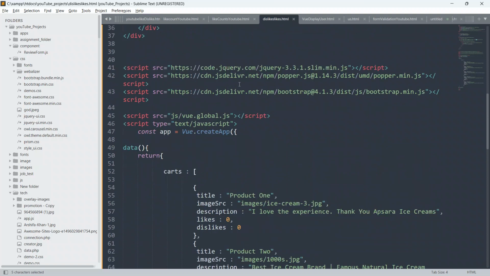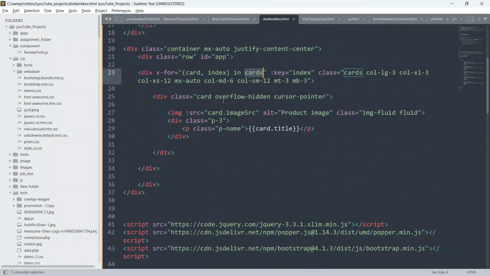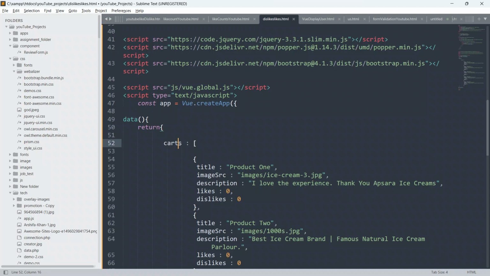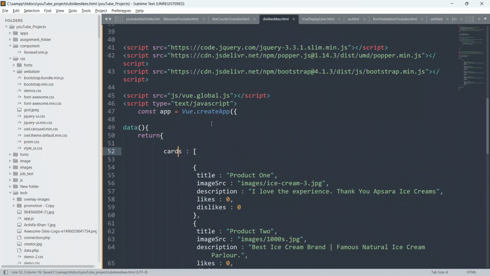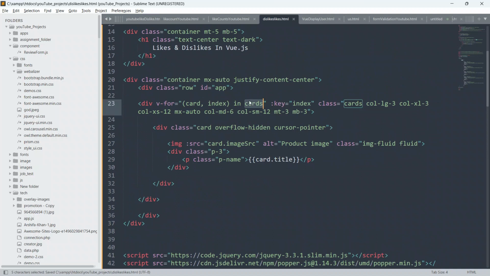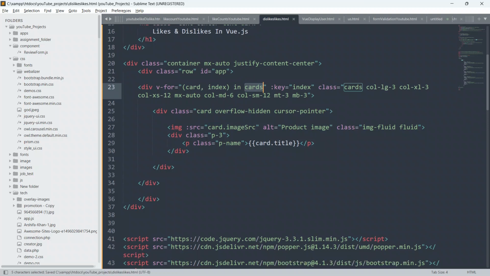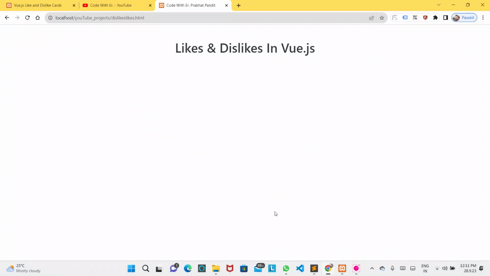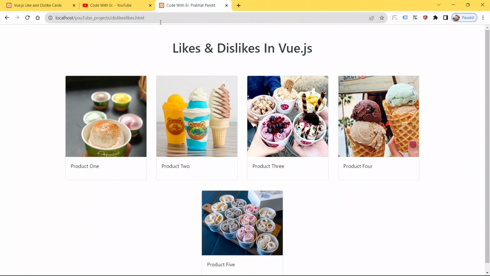Inside this, we have got the card. We have to put card here. Instead of card I just wrote cards, so we have to make it card only. So put it as card in cards. Now all fixed. So now save your code, go to the browser, and refresh the page. Yeah, boom guys. See, we got our product and product name also.